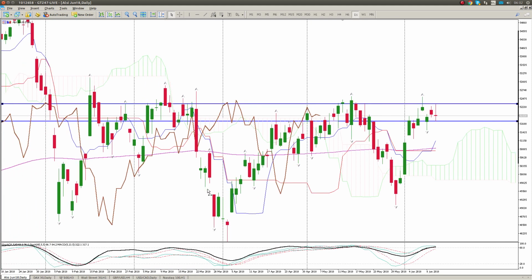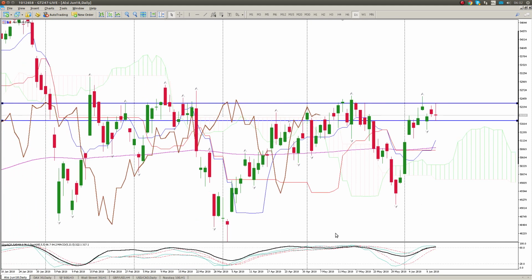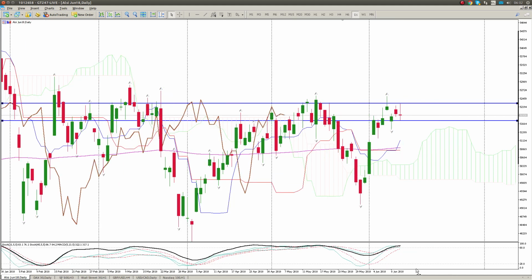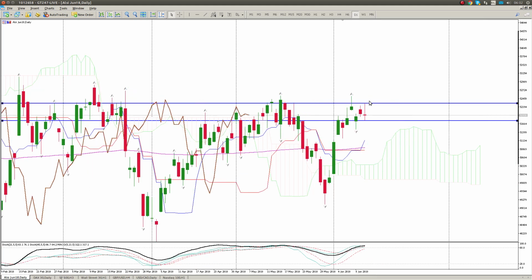We know we're range bound. We can see we're in a bigger range. So here's the bottom of the bigger range. There's the top. Okay, what does concern me is the grouping of the oscillators. When we group, there is always potential for a move to the downside. So we group at the top, there's potential for the downside move. We group at the bottom, there's potential for an upside move. At this stage, we are starting to group towards the upside, and we're at the top of a range. So the odds are that we are going to bounce to the downside. Doesn't mean we're going to fall to the floor, but there is definitely a higher probability of a move to the